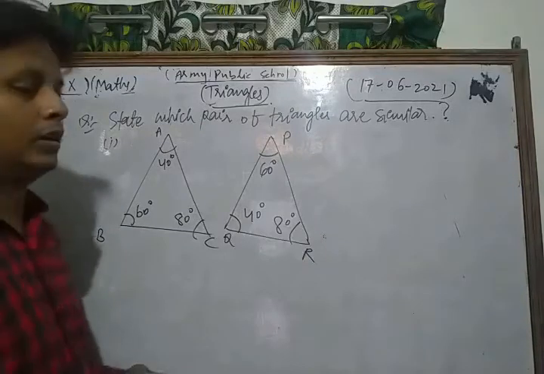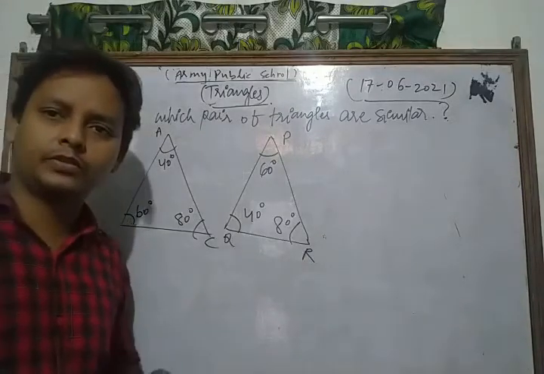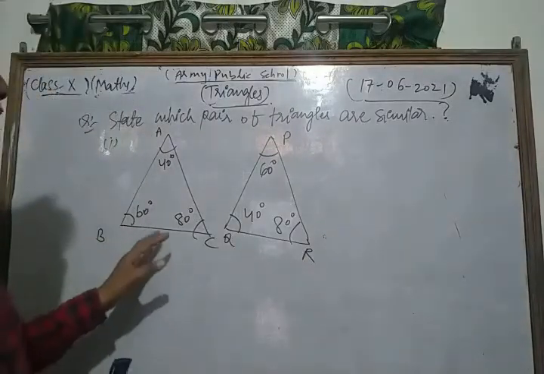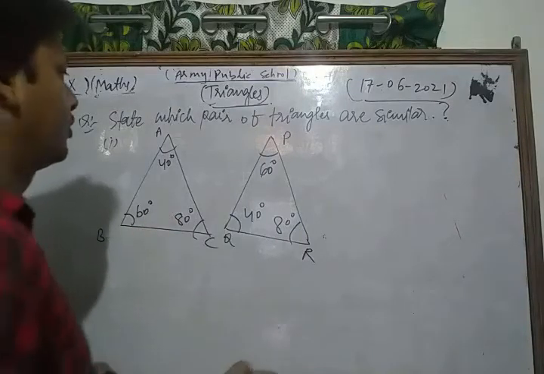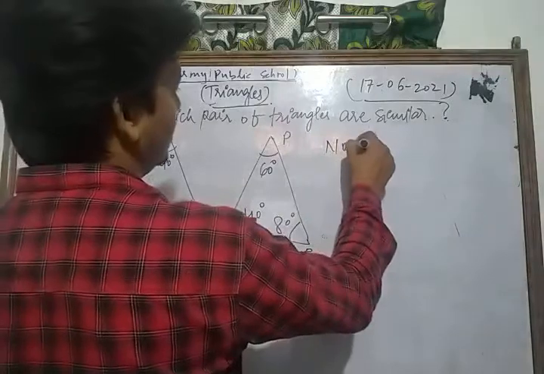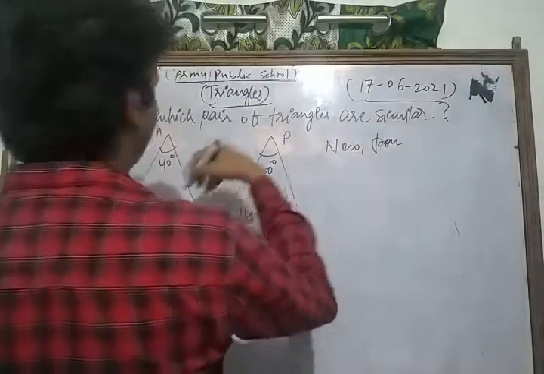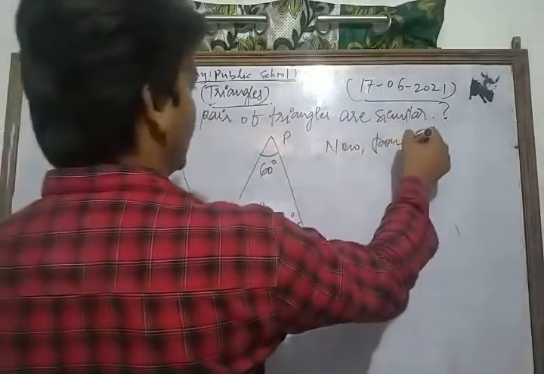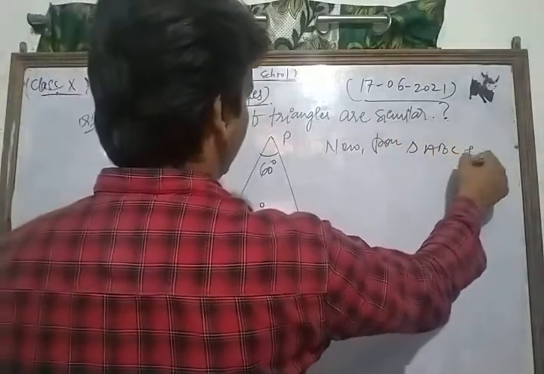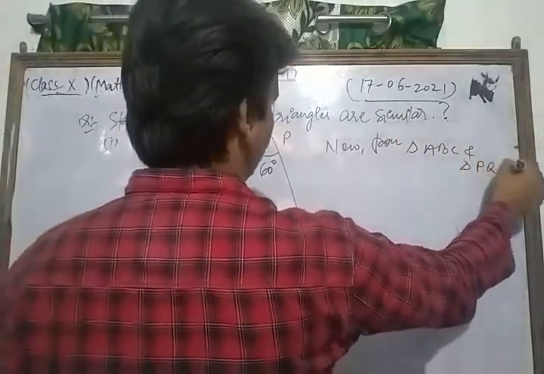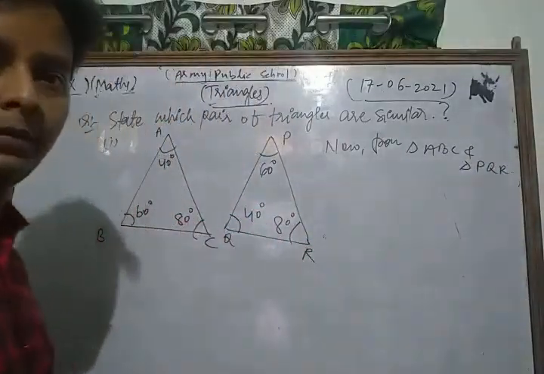Now let's see. First of all, we take the first part of that question, and here we have to discuss whether these are similar or not. So from triangle, this is the first part of that question. Now from triangle ABC and triangle PQR,